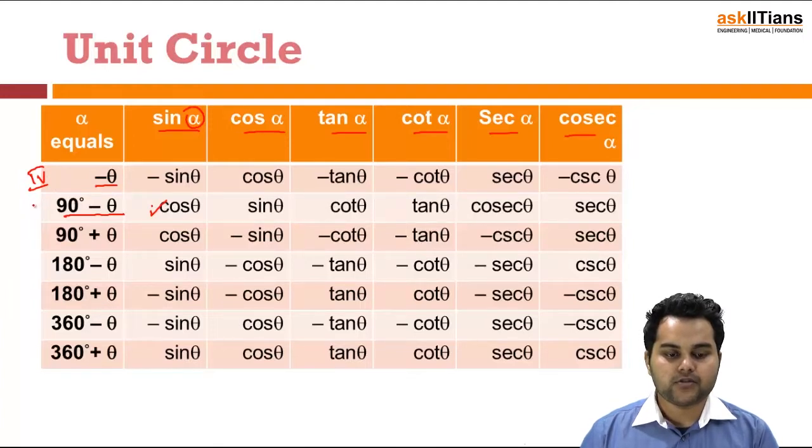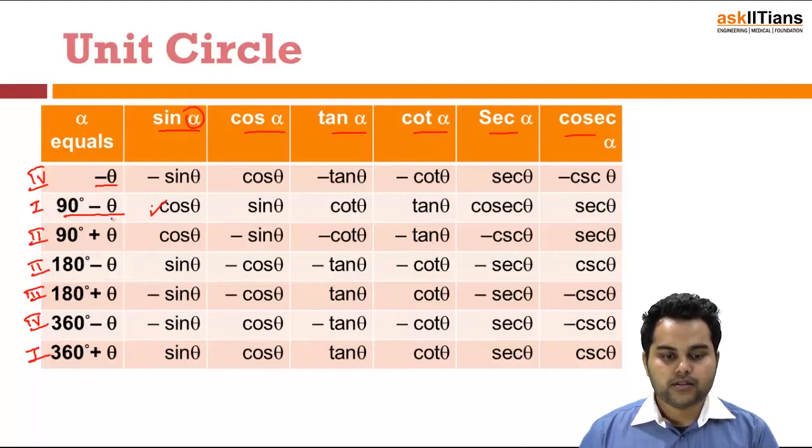90 minus theta is the first quadrant, 90 plus theta the second quadrant, 180 minus theta is again the second quadrant, 180 plus theta is the third quadrant, 360 minus theta is the fourth quadrant again, and 360 plus theta is the first quadrant. So if I have a look at the